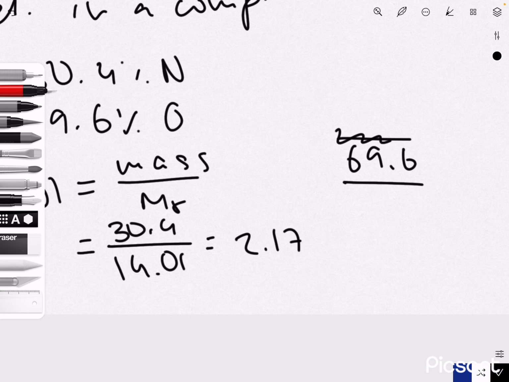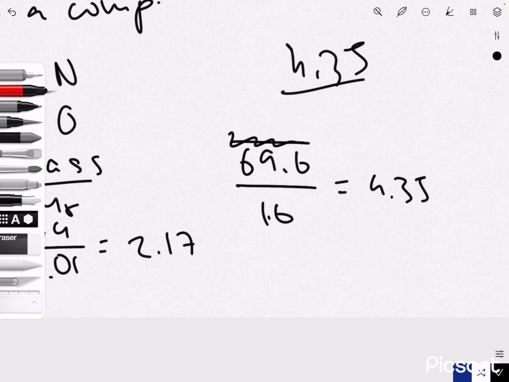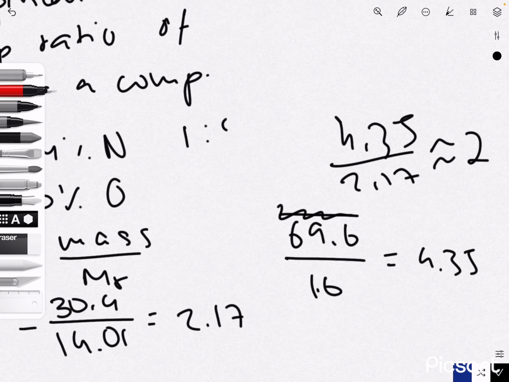69.6 over 16, which will give us 4.35. We'll divide our biggest number here by our smallest number to give us our mole ratio. So 4.35 over 2.17 gives us about 2, telling us that we have a 1:2 ratio between nitrogen and oxygen. So the empirical formula of this would be